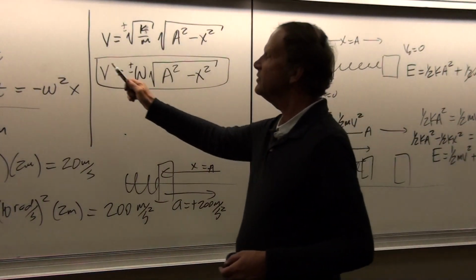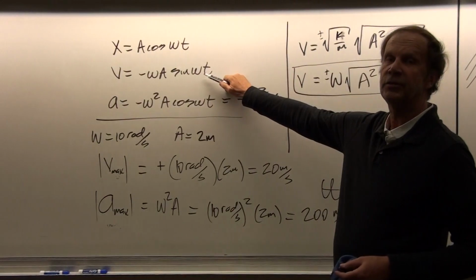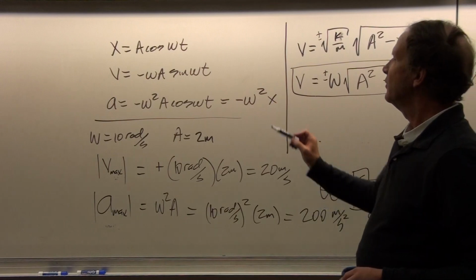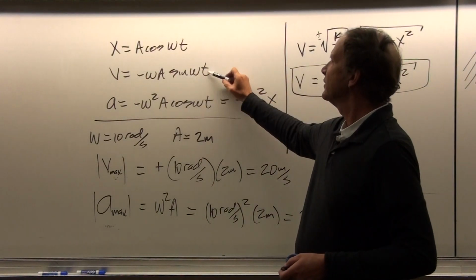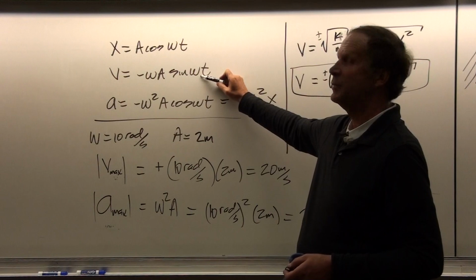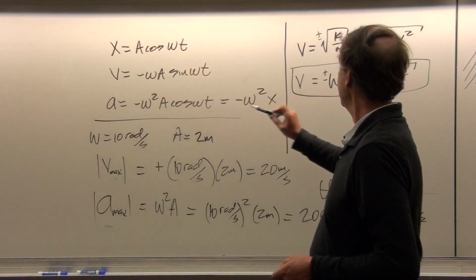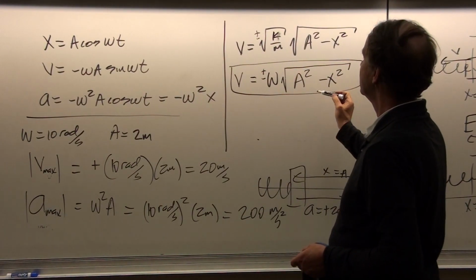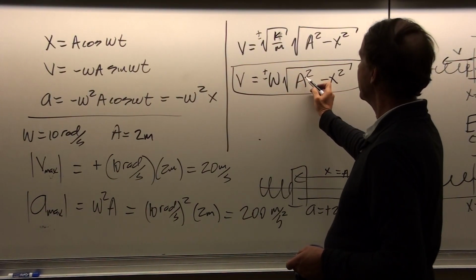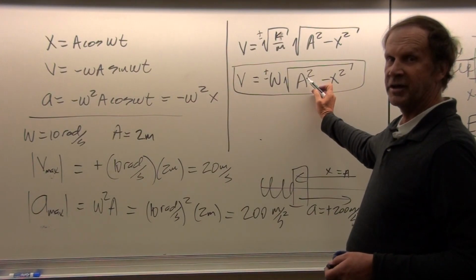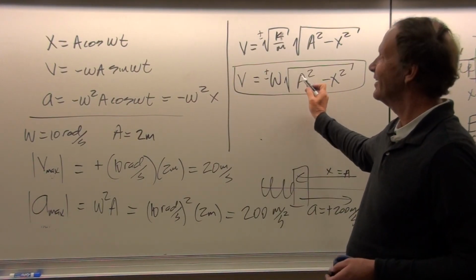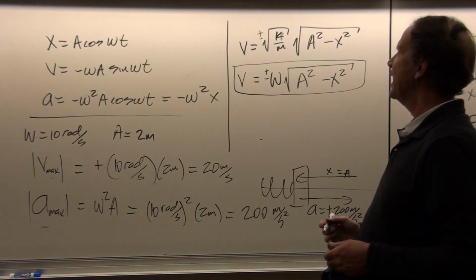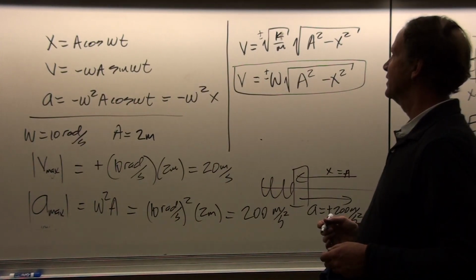Now does this reduce to this value for the velocity when v equals v max? Well, yeah, because when v equals v max here, the sine omega t has to equal plus or minus 1. So v is omega a. Here, the velocity has to be a maximum when x equals 0. So that means v is equal to plus or minus omega times the square root of a squared, or plus or minus omega a. Okay, so these two agree with each other when we're dealing with the maximum possible velocity that the system can have.